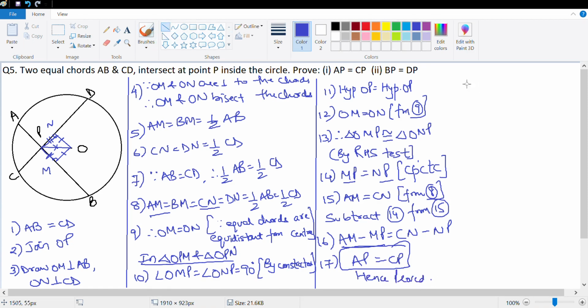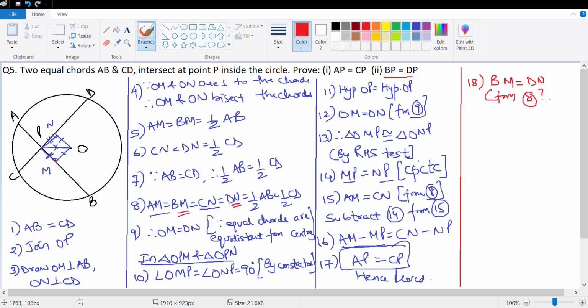That brings me to the second part of the question. The second part of the question is I need to prove that BP and DP are equal. So BP and DP, okay, so BP is nothing but BM plus MP, so this time I add. So number 18 would be BM is equal to DN. This is again from 8. And number 19 would be add